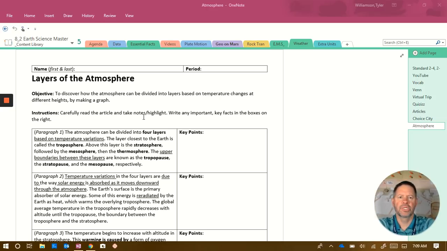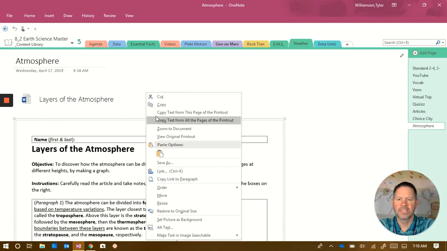So my suggestion is to come back into this content library that I have made available for you. Go back into this weather section and right-click on this document. What it'll allow you to do is to be able to save as. So when you save as